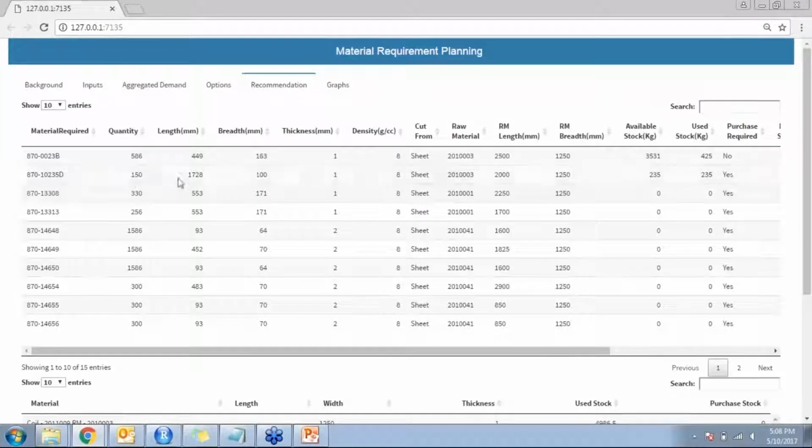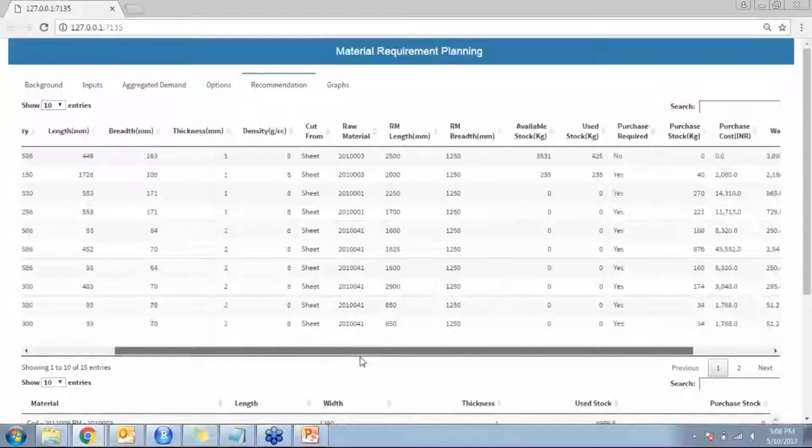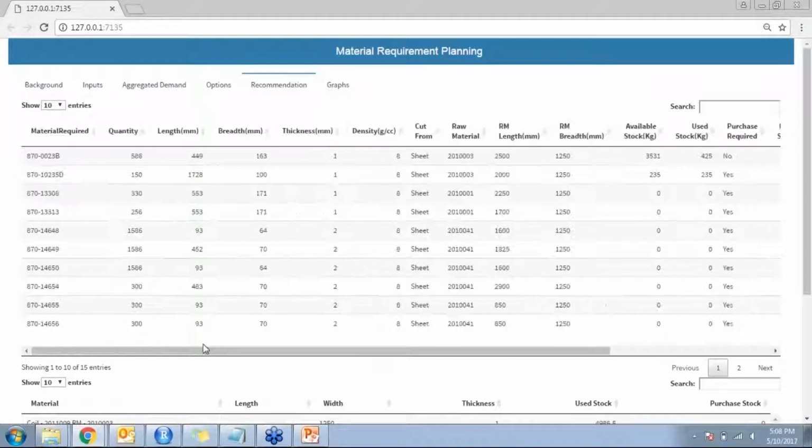So when we move to the optimize option, it basically identifies the best combination that we can provide for a particular material, a particular final good that we talk about. That combination will be provided over here. As you can see, it shows the total quantity required, the length, breadth, thickness, density, and then the details regarding the raw material